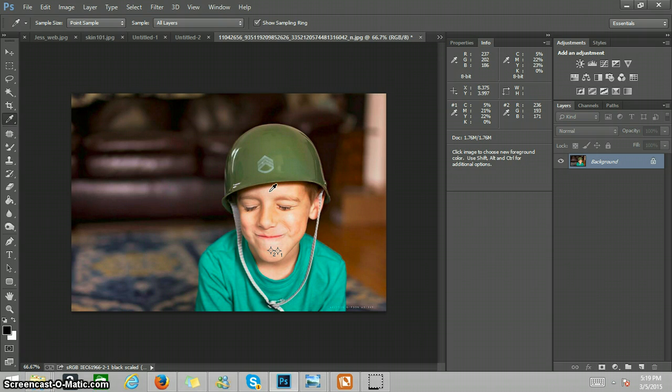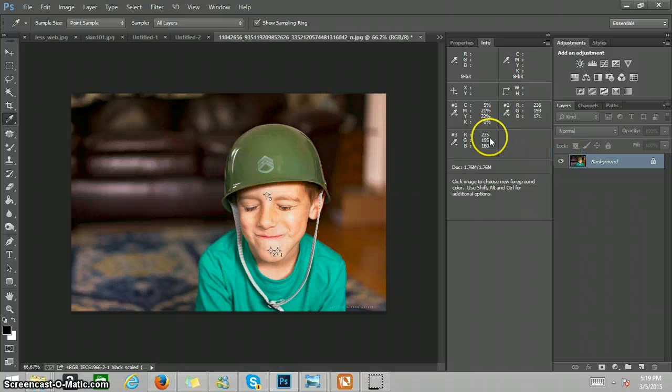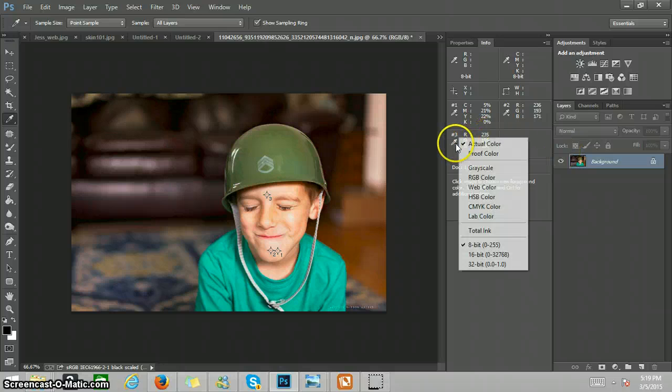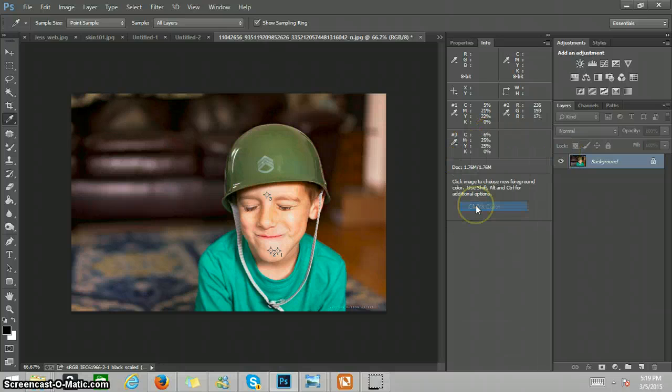It doesn't have to be exactly 230, it could be like we're seeing now, 235. Sure, I like it. We're gonna shift click to get that point. We can see that we picked a 230. We're going to change it to CMYK, and we can see that again, her values are perfect. Hopefully that